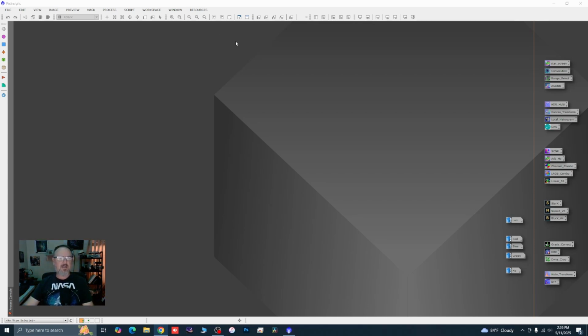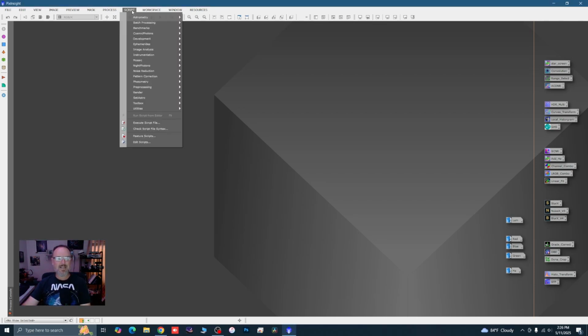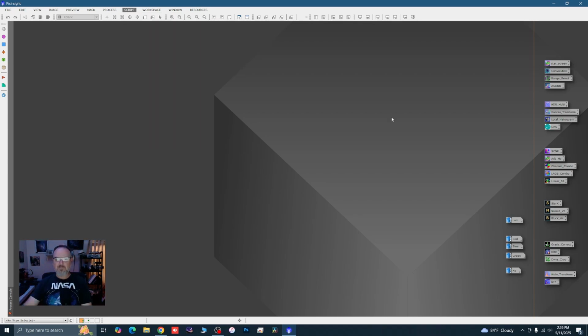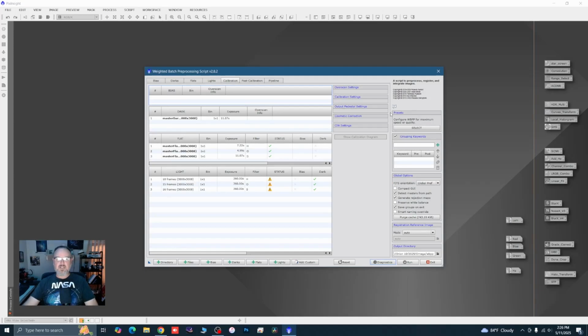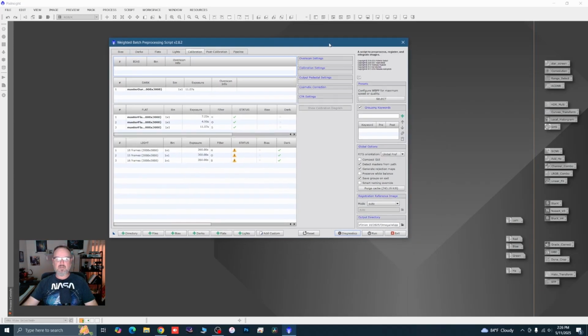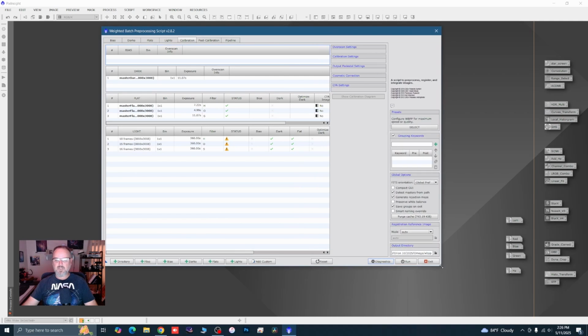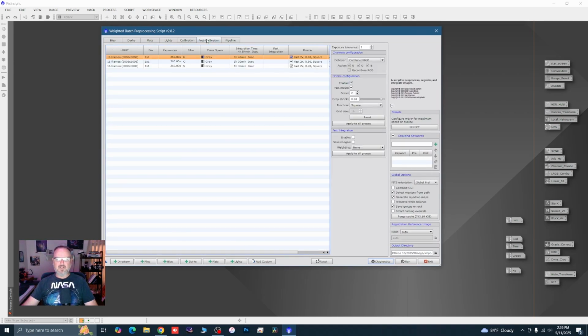To show you something that I ran into a little bit of an issue with, if you don't mind me going off on a slight tangent, we're going to go to weighted batch preprocessing. I'm going to show you a setting that you can trigger if this happens to you. When I saw all this HA data, I was shooting 360-second subs, on some really good moonless nights. So I tried a longer sub exposure on the HA to pull in more HA data. I believe in post calibration, you see how